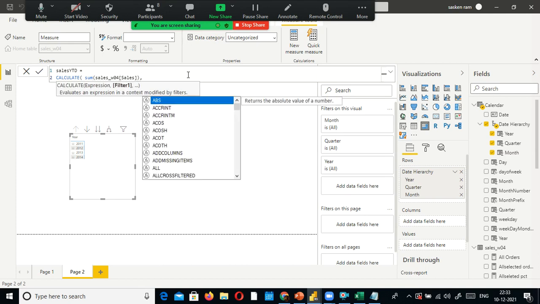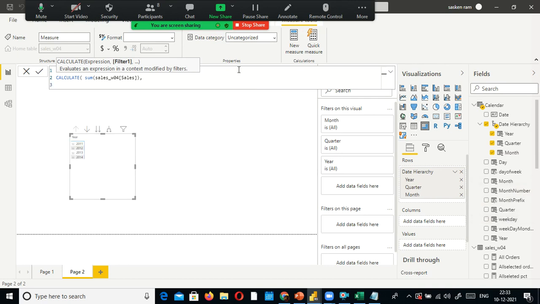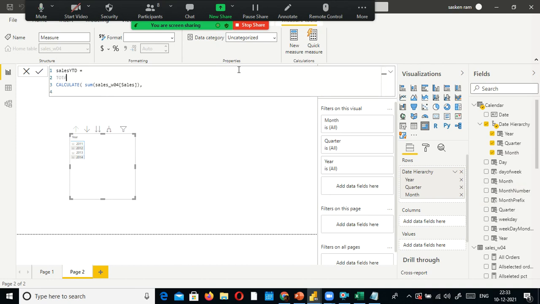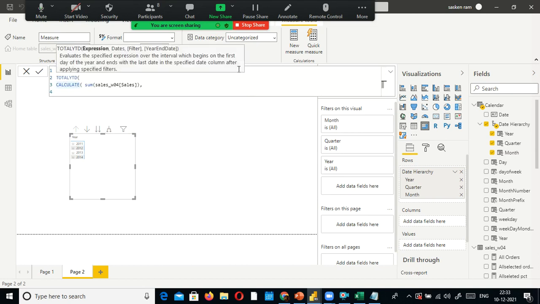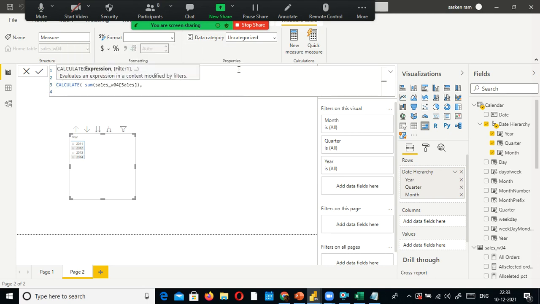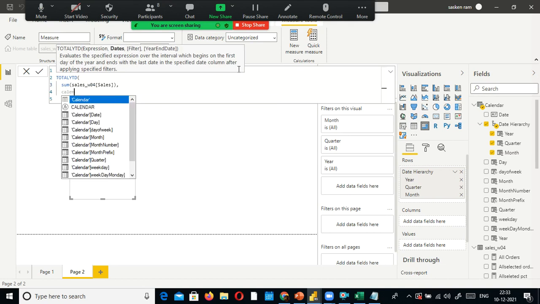Sum of sales, comma, sorry, here actually we have two ways of doing it. One is dates. Here I will first use TOTALYTD. The next line I'm going to use sum of sales, and the next one is